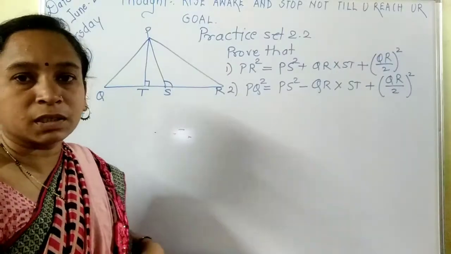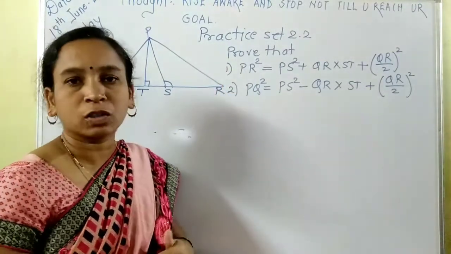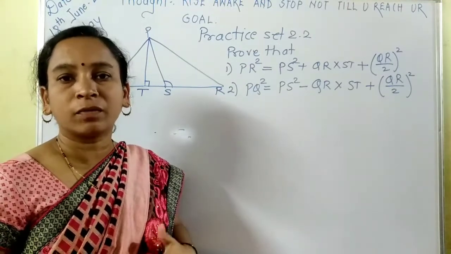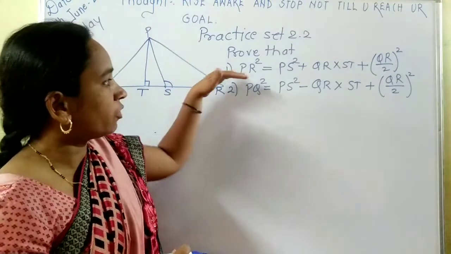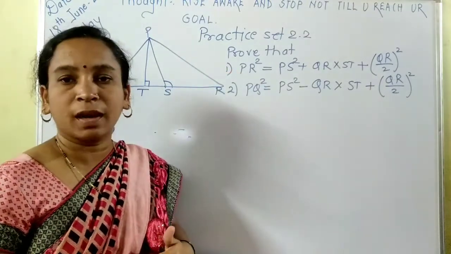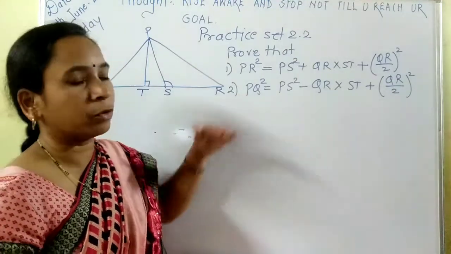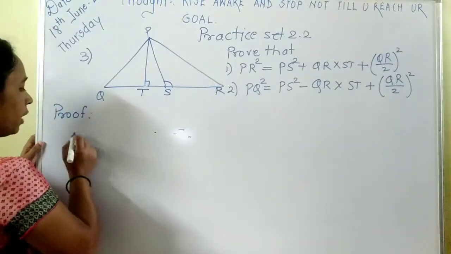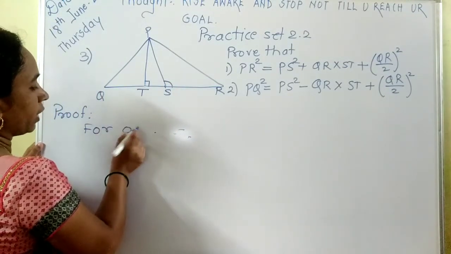Example 3: in this third example, two proofs we have to do, and we are going to solve them with the applications of the Pythagoras theorem, which is given for the obtuse angle triangle and acute angle triangle. First proof we can try with the help of the application for the obtuse angle triangle, and second proof we can try for the acute angle triangle. So for the first proof, for obtuse angle triangle application,